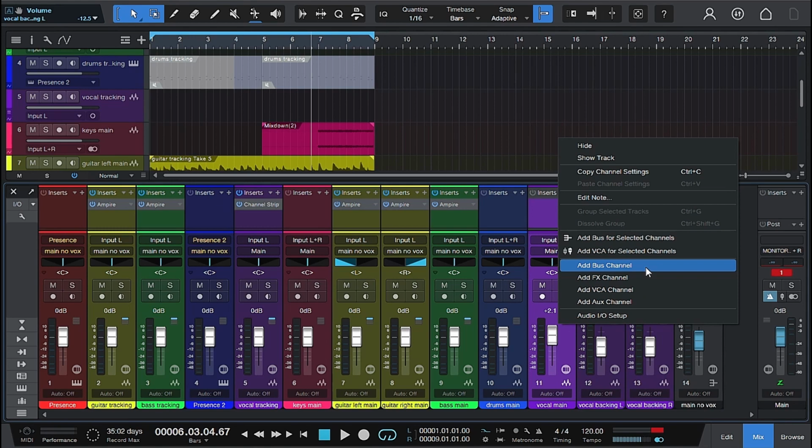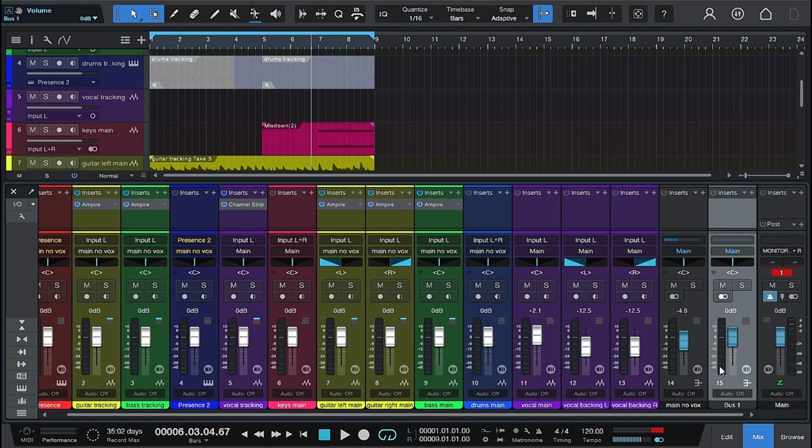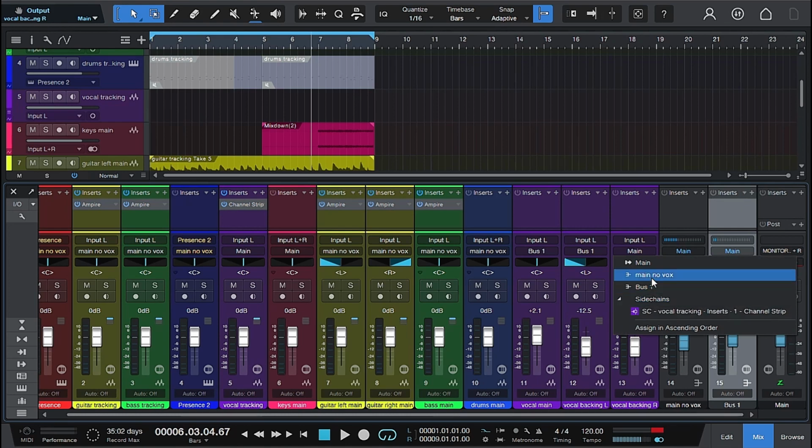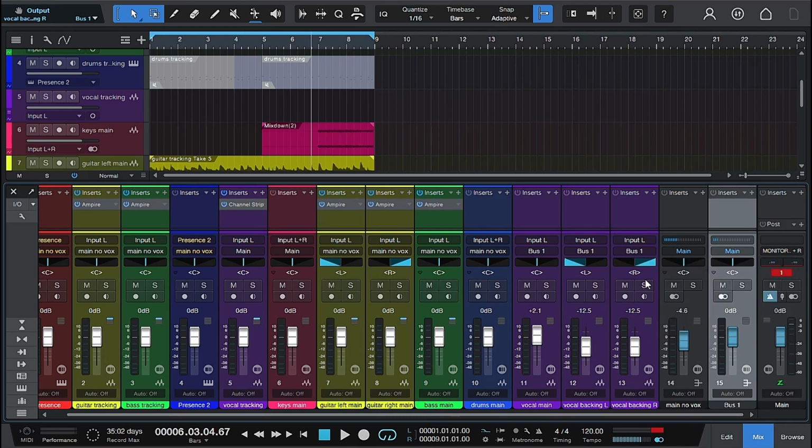And we're going to make a bus, add bus. And we're going to click, instead of going to main, they're going to go to this bus. Bus 1. And we're going to rename bus 1 Vox bus. And really the only reason that we have this bus here is to adjust the volumes independently as well. And the last step that we have to do